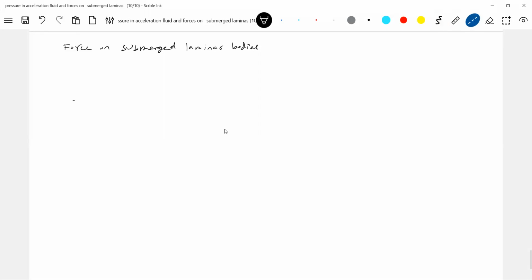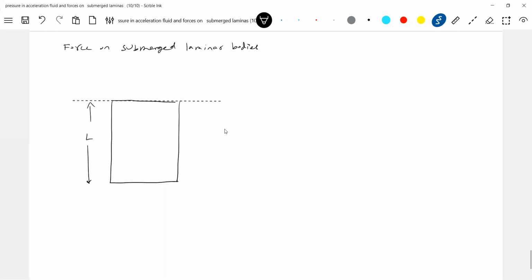So let me take the free surface. There is a rectangular plate, having a length and a breadth. Surrounding everything is liquid. I'll show it later on. It is immersed in liquid, and this is air. No, we know what it is. I want the force acting on this lamina. Rectangular lamina it is. Let rho be the density of liquid.